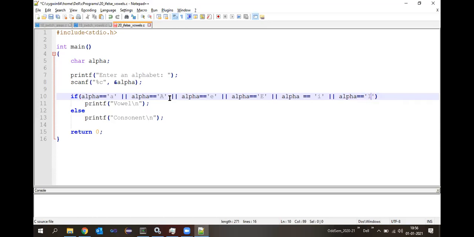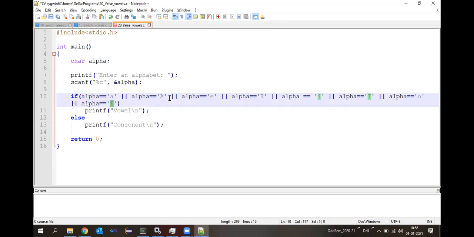So in this way I'm going to use the different individual conditions to validate A, E, I, O, this one for the capital O, okay? Then for U, this is again for U.